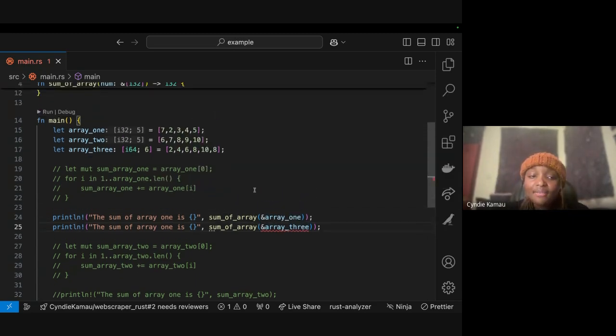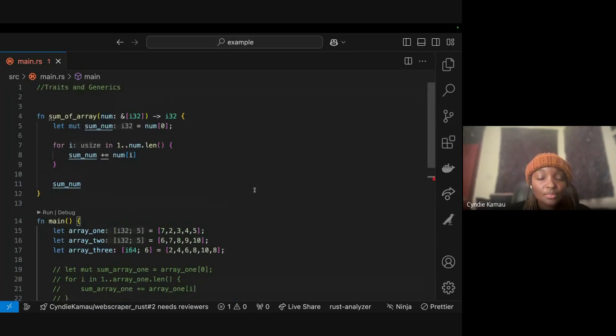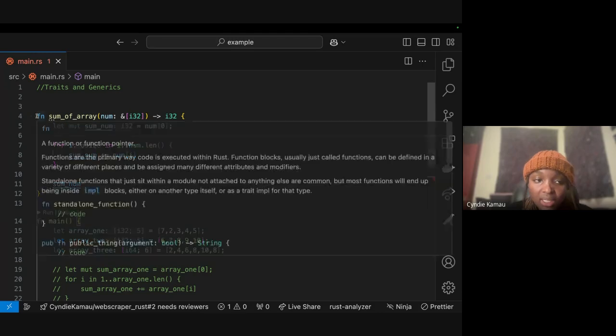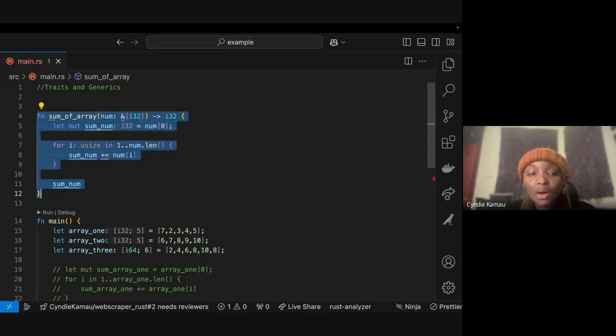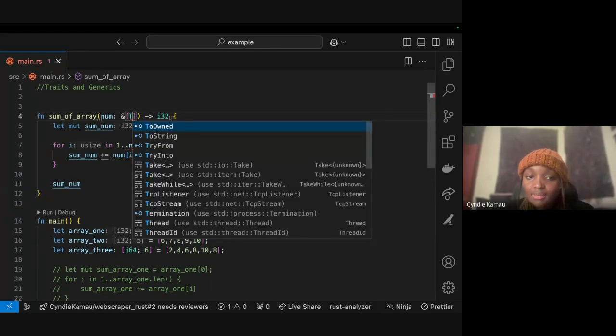So imagine now you're having different types of arrays or different types of data structures with different sorts of integers and types. That means we would still need to copy this function and paste it, and then in our parameters give it instructions: instead of I32, it's I64. But what is the most productive way of doing this? This is now where the concept of generics comes in. Instead of putting a specific type as an argument, a specific type which we want for our values, we just make it open.